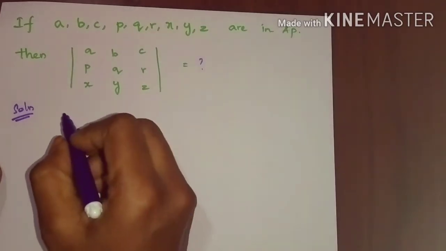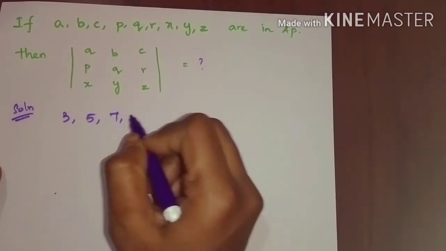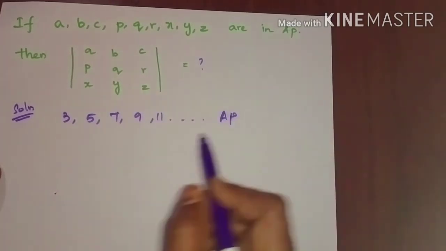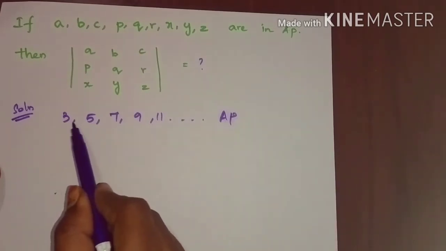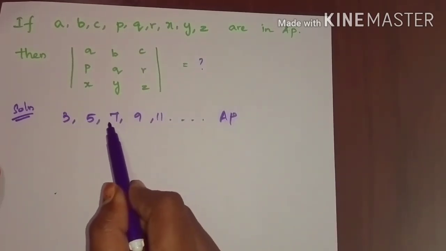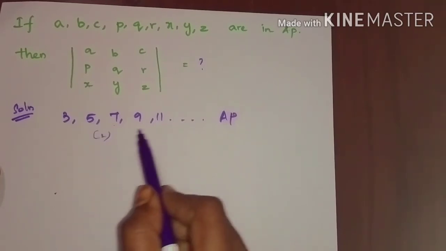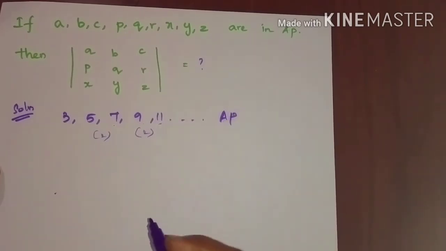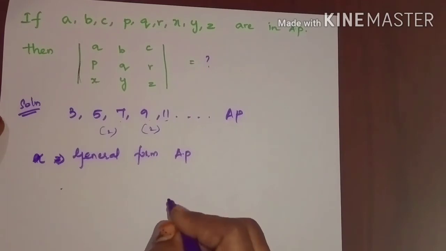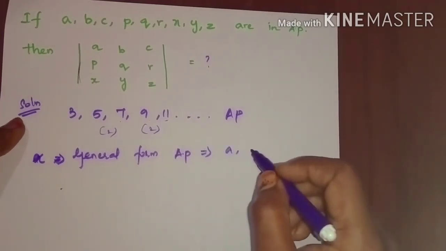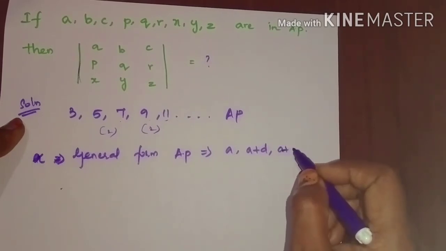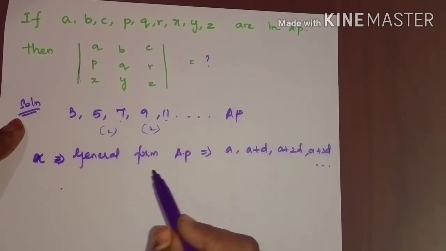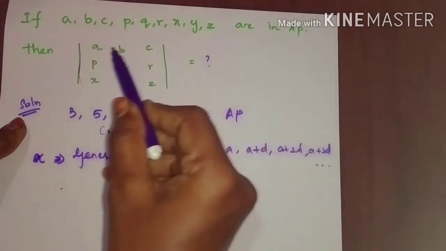For example, take the numbers as 3, 5, 7, 9, 11 and goes on. It is a sequence of arithmetic progression that has a sequence of numbers, and each successive number differs by a common difference. If you find the difference between 5 and 7, the common difference will be 2, and if you find the difference between 11 and 9, the common difference will be 2, and further it goes on. It is known as arithmetic progression. Now, the general form of arithmetic progression sequence numbers can be: your first number would be A, second number would be A plus D, and A plus 2D, and A plus 3D, and goes on.